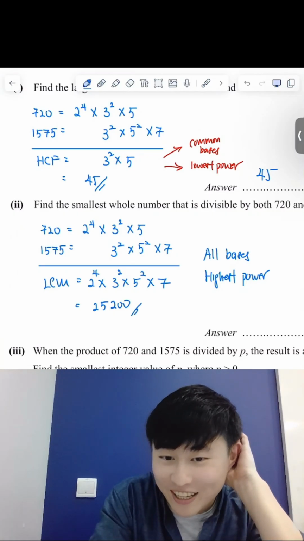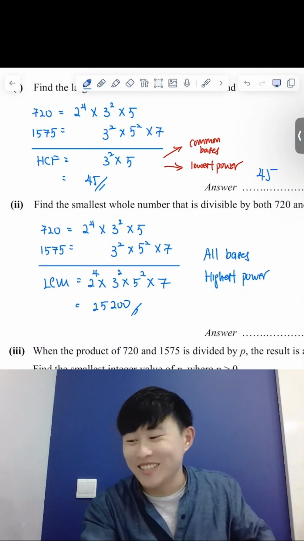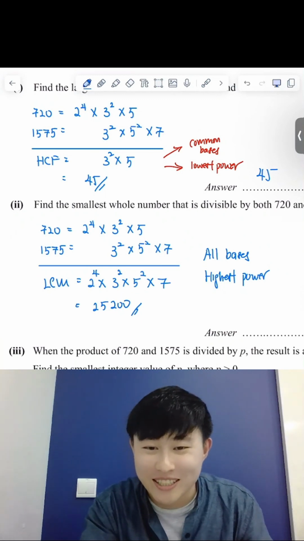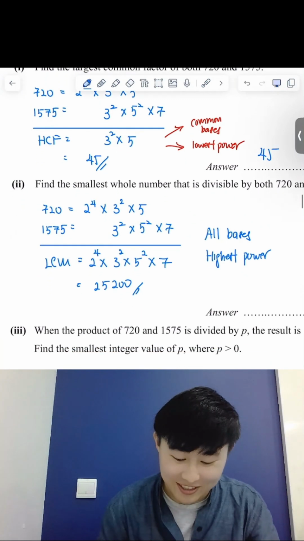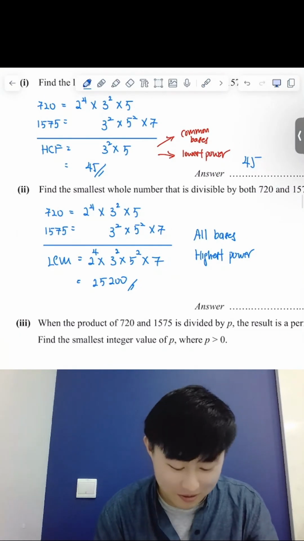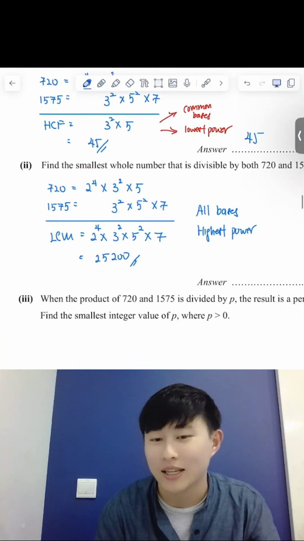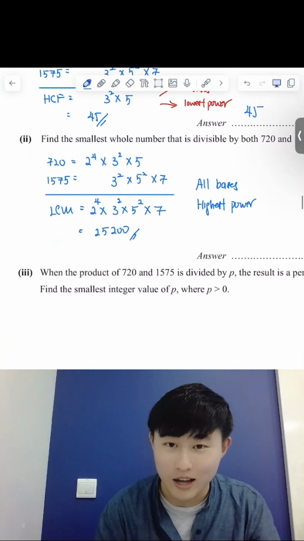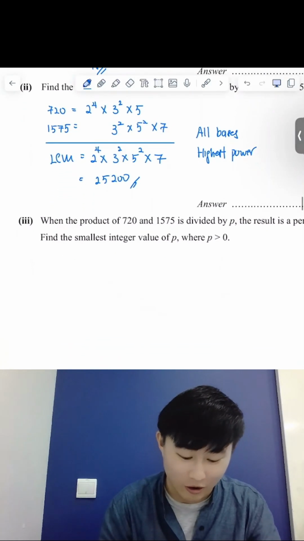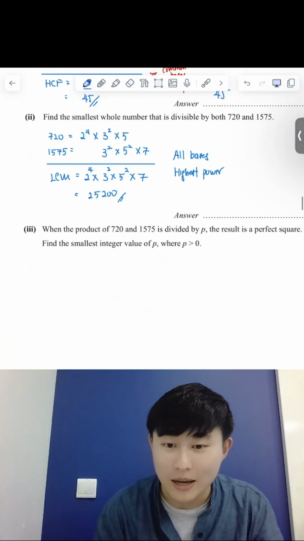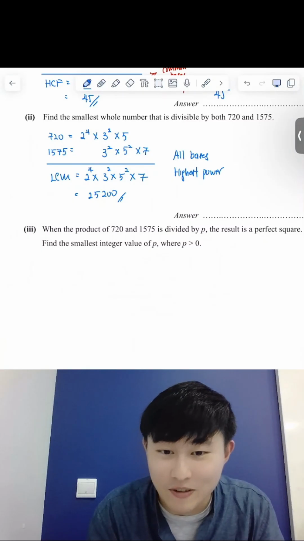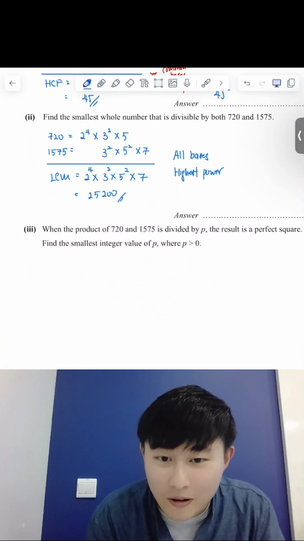Can do 100 questions next time. Wow, you're very confident. Is it because E-Math is too easy for you already? Yeah, you will be surprised. Some of the students are struggling with this question. You know why? Because you're Sec 4, you all haven't revised this for a very long time. Okay, since you say this one is very easy,